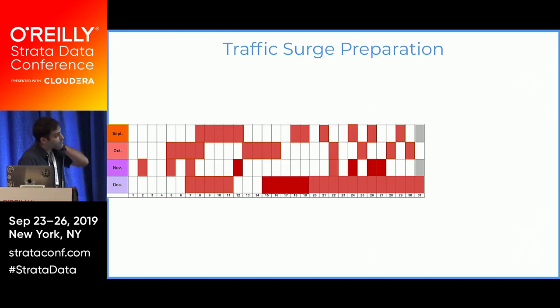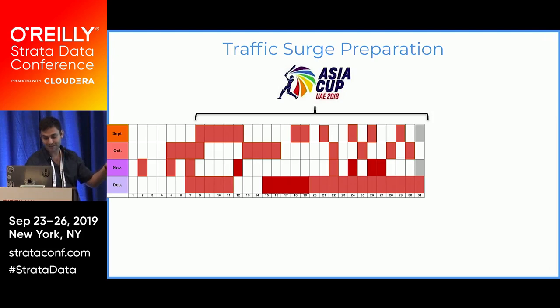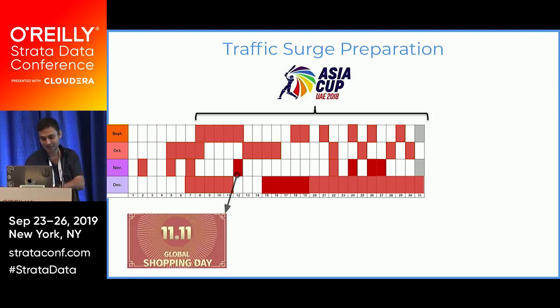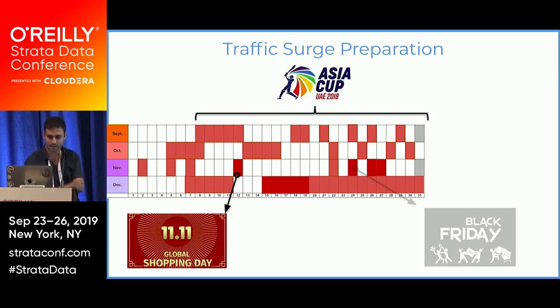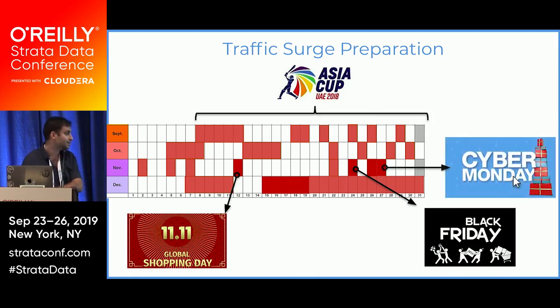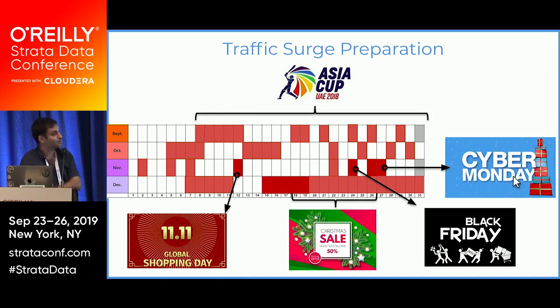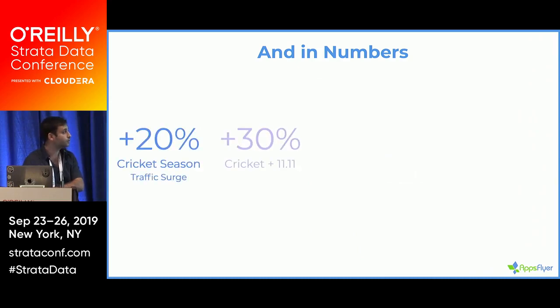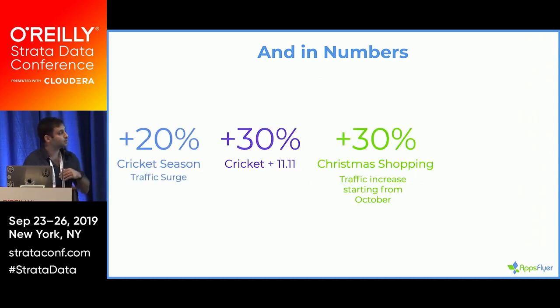I got the team a little bit before September, and I knew we had to make a lot of changes to survive the next upcoming months because we had the Asia Cup of cricket coming up, and then we had 11/11, the AliExpress sale coming up, and then Black Friday, and then Cyber Monday, and then Christmas. So a lot of traffic surges coming our way and accumulating and putting stress on our system. So in numbers, that's 20 to 30% for each event,